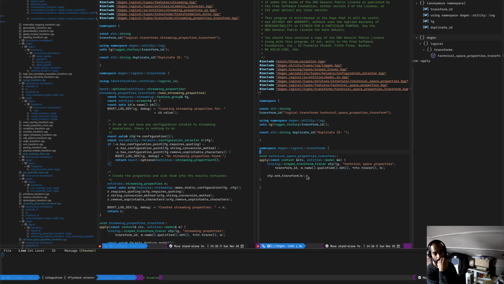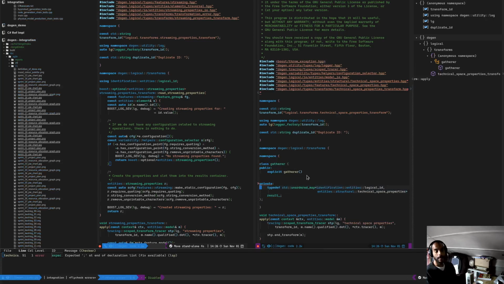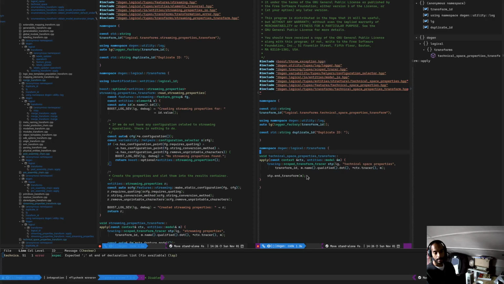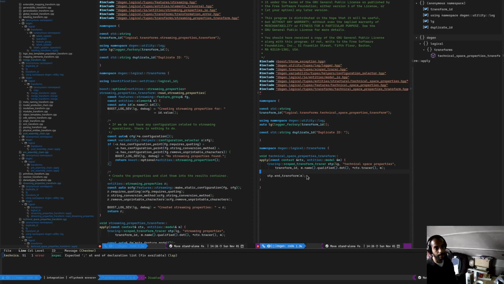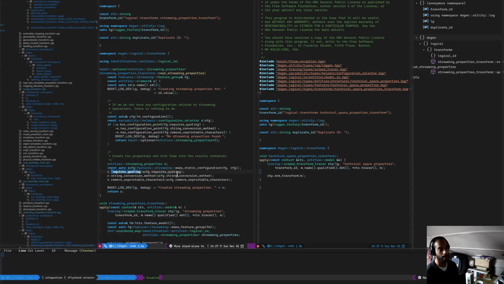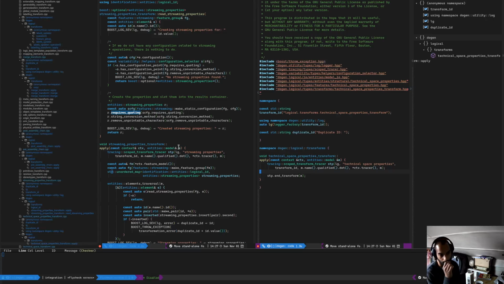Right, so what we're trying to do here was, we're trying to say, in fact I will remember the gatherer because I need this guy here. We need to say something like, go through every type, primitive and object, read their streaming properties transform, and then we need to compute them. When we read the streaming properties transform, we seem to store them in a temporary container,